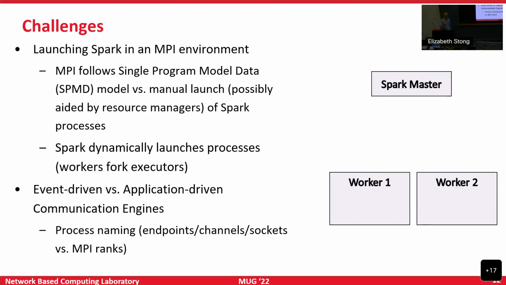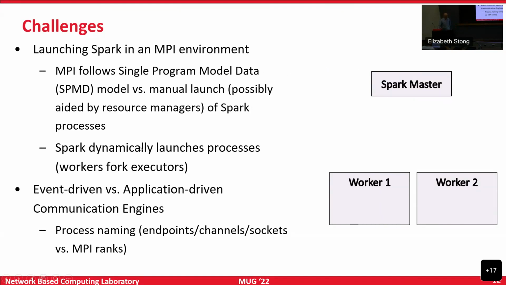If you're launching an MPI application, you don't launch processes one by one. You have mpirun_rsh or mpirun or mpiexec, and that launcher is going to do the job for you. But in the Spark world, people don't launch applications that way. They either do it manually, or they work with some kind of resource manager to do that.